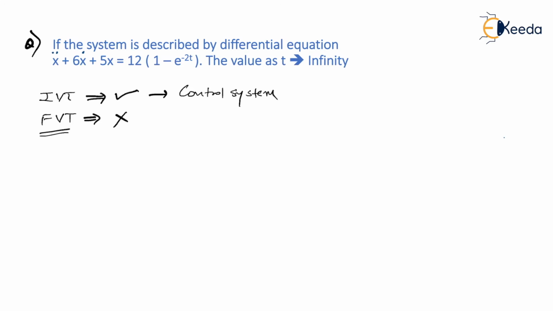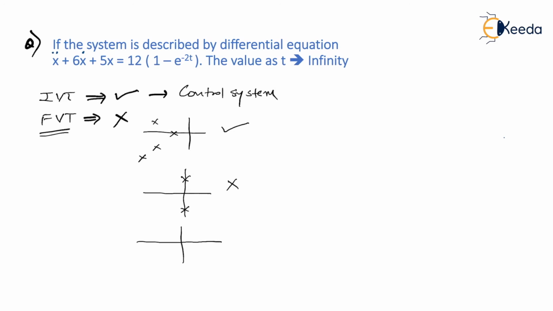And we know that for a given transfer function, whether the system is stable or not, we identify it from the poles' location, if you remember. So the final value theorem you have to apply only when the poles are lying on the left half of the S-plane. For the left half of the S-plane, yes, we can apply the final value theorem because we get a response which is convergent in nature, am I right? For example, if your poles are not lying on the left half of the S-plane but rather on the j omega axis, again the final value theorem is not applicable.